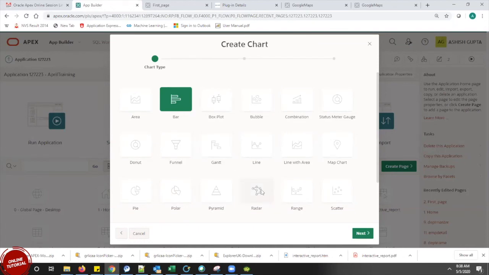The only thing we have to understand for all these charts is that we have two axes, one is the x-axis and the other is the y-axis. You need to understand what value you want to keep on the x-axis and what value you want to keep on the y-axis. That's it. If we are clear with this, our chart would be ready. We are just going through one bar graph now.